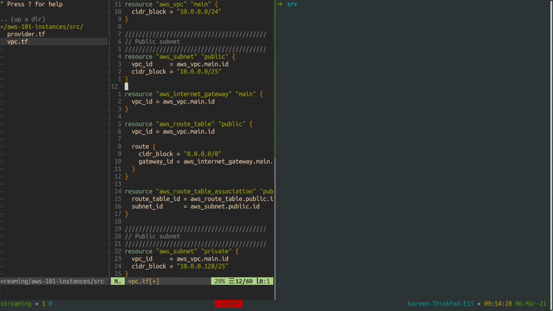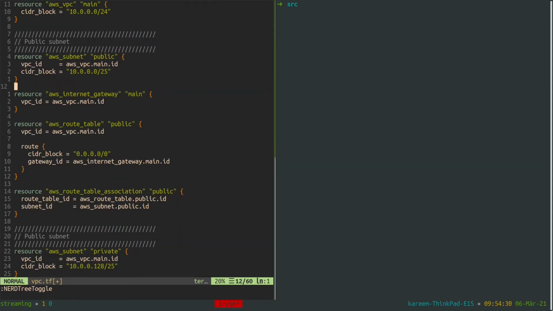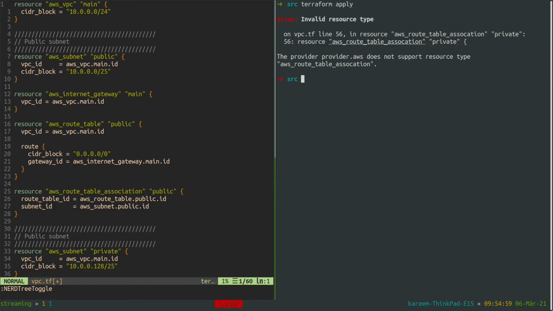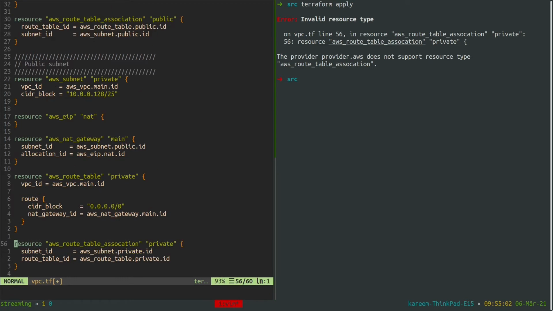I'm going to just open another window here, and let me just use my profile, and then I'm gonna initialize our Terraform, and after it finishes I will run terraform apply. So we have an error here at line 56.